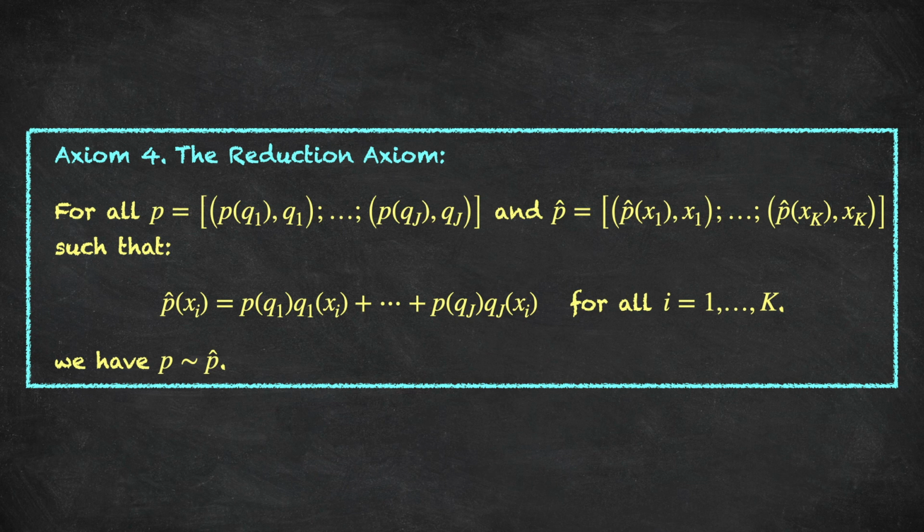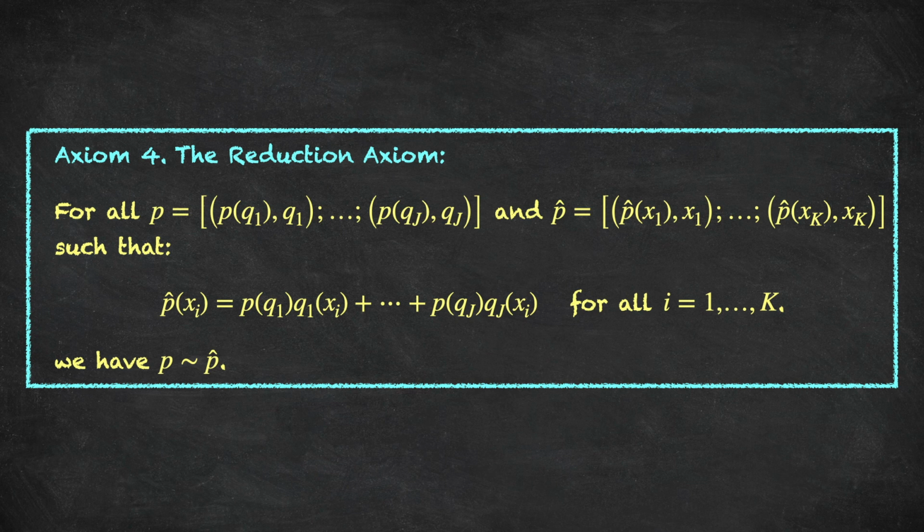And then I add up all of the remaining possibilities up to some probability I get lottery Qj, in which case there's a probability Qj of Xi that I receive outcome Xi. So this is the probability of receiving outcome Xi under the compound lottery. If this is equal to P hat of Xi, so it's the same probability of that outcome for the compound lottery and the simple lottery P hat, and this is true for every outcome i equals 1 up to k,